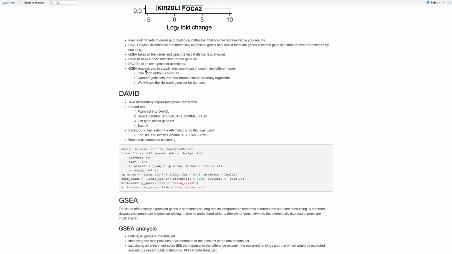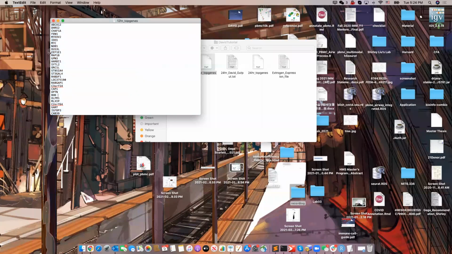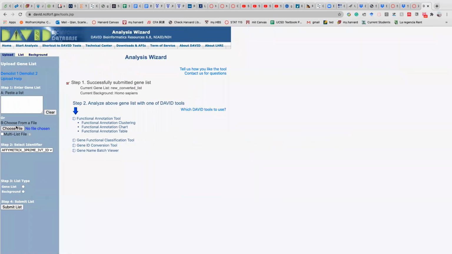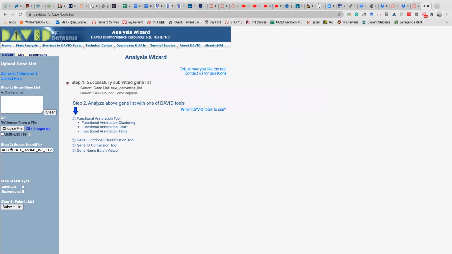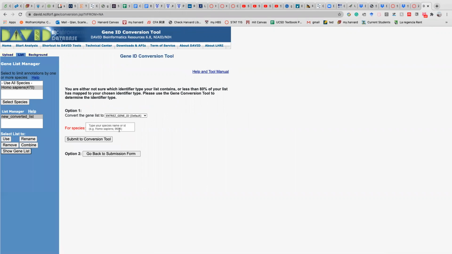tutorial on DAVID. First, you already have a list of genes that's differentially expressed, like here, and then you click on choose file and select this list of genes, and then you select the identifier, which is this original one. You don't need to do anything on it, and you click on gene list and you submit the list. You submit the list and then you put Homo sapiens, which is this, so 9606 Homo sapiens, and you submit